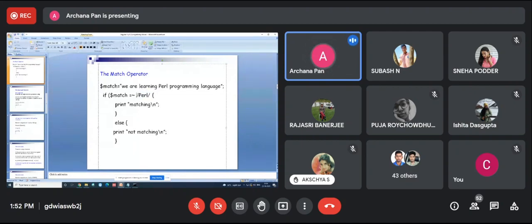Within these two forward slashes, I have written Perl. So print matching means if Perl is there, it will print matching. If it is not there, not matching. Here Perl is present, no? Perl is there here, so it will match.